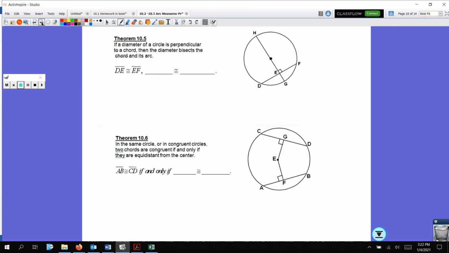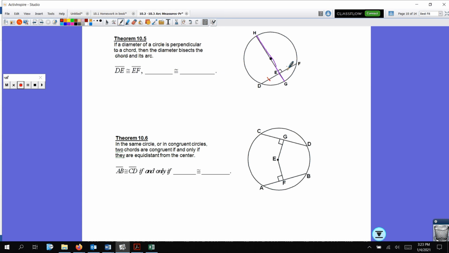Let's look at another theorem. Theorem 10.5 says if the diameter of a circle is perpendicular to a chord, then the diameter bisects the chord and its arc. So the diameter, remember, is right here, this line that cuts through the center. So when it bisects